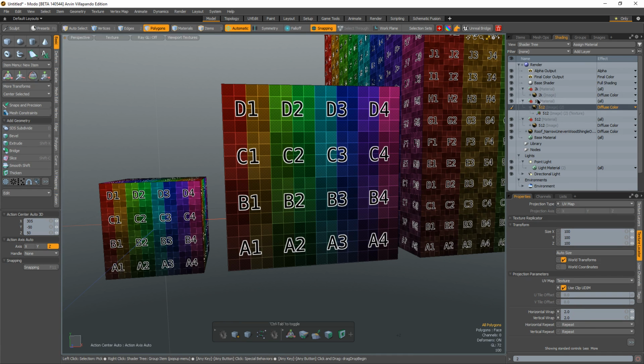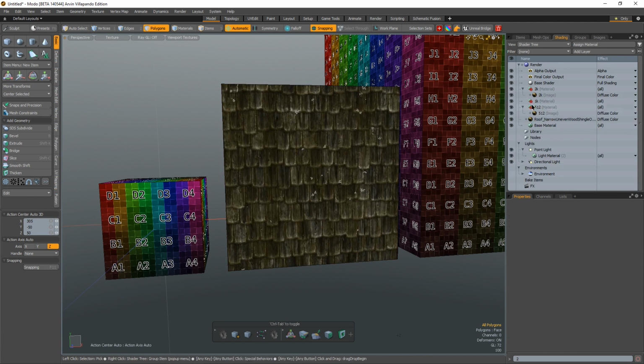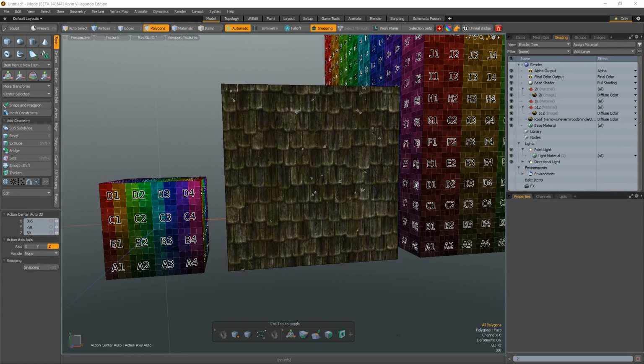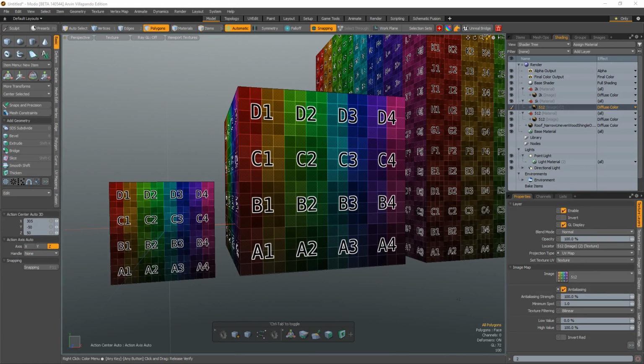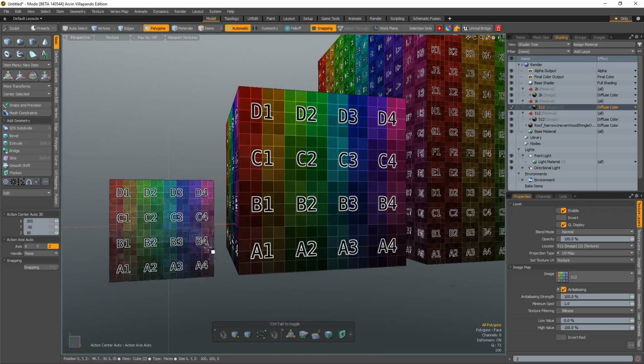It's not working. Let me delete this real quick. And I'm just going to grab a new version of that. Drag and drop it. So now if we take this exact same texture right now, you can see that it's obviously very different texel